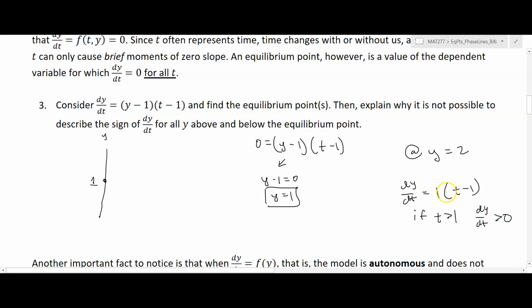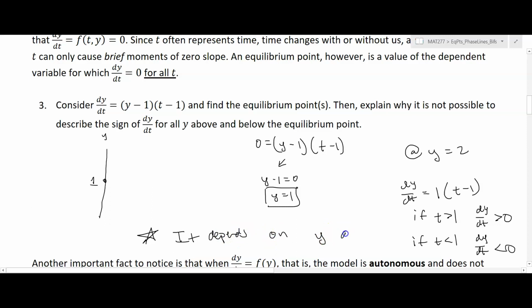If I put in time 2, 1 times (2 minus 1) is positive 1, and therefore I'm going to have a positive slope. But if t is less than 1, so for all moments before time 1, even though my value of y is 2, which is bigger than my equilibrium point, in this case dy/dt is less than 0. So the key here is that it depends